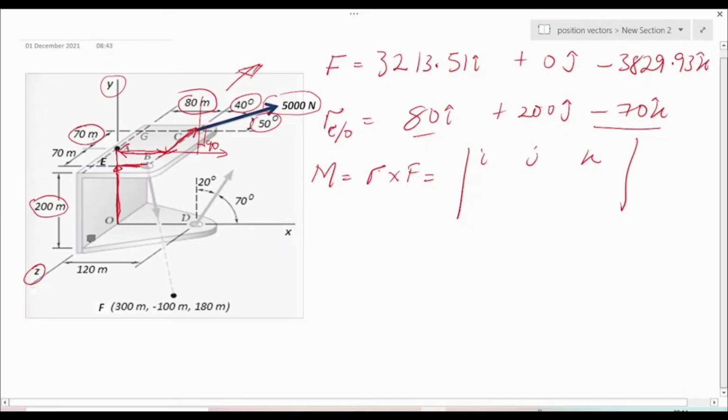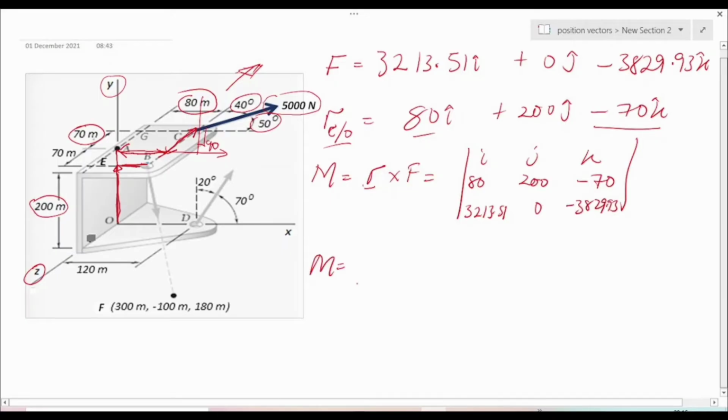And finally, we introduce our force component, which is 3213.51. We had 0 for the j component, and finally we had minus 3829.93. And if you evaluate this by calculating the determinant of that matrix, work it out simply, you're going to get